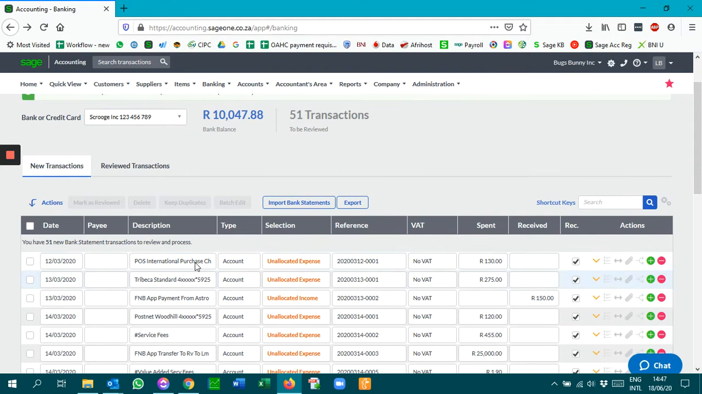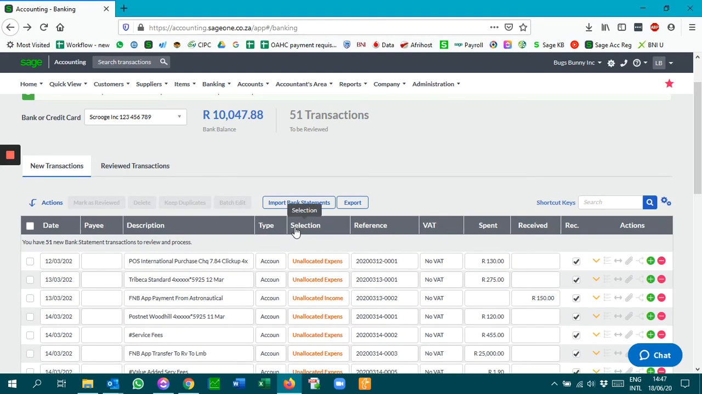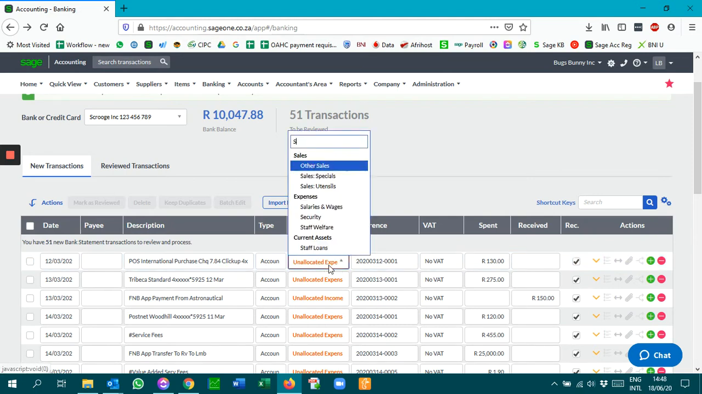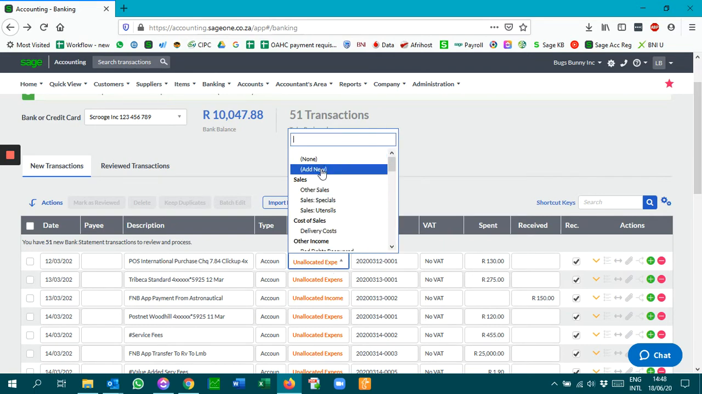Right. So now I've got this screen and I want to see what is going on here, and I can't really see, so I'm going to make my column a little bit wider. Right. So this is ClickUp. This is the project management software that I use, and this is an expense. So I'm going to choose an account for this, and for this I'm going to use subscriptions. Oh, but I don't have a subscriptions account. So then I'm going to add a new account